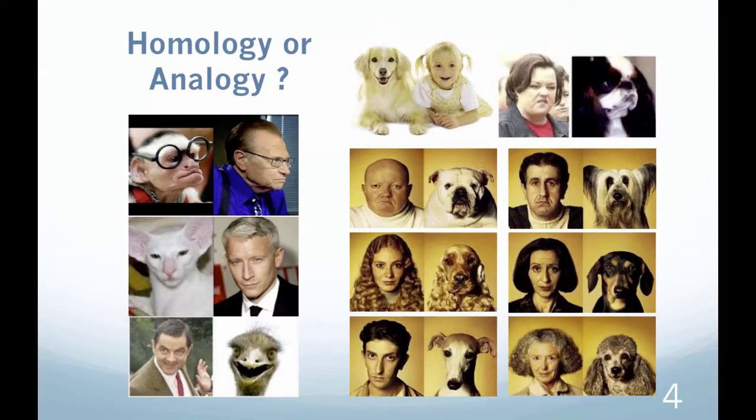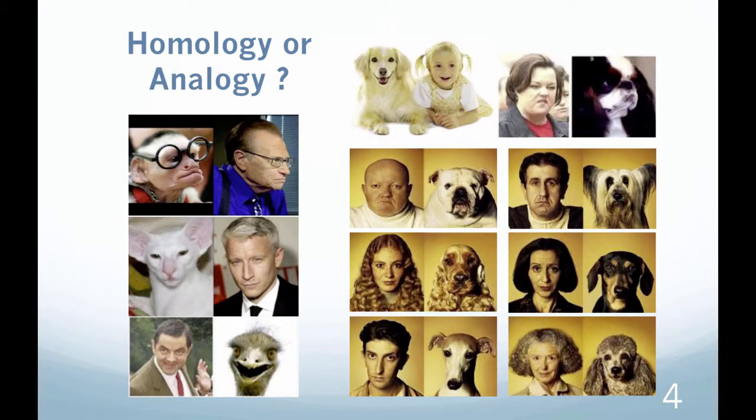So, what is the biological meaning of homology and similarity? Are the pairs represented in this slide homologs? And how much similarity can you find in each of these pictures? The short answer is that all these pairs are homologs in the biological sense of the definition, with a certain degree of similarity,